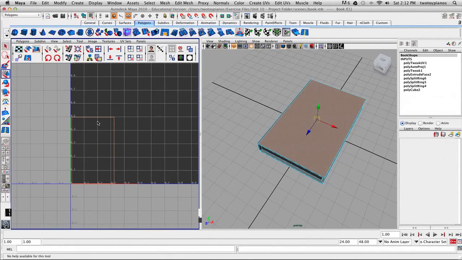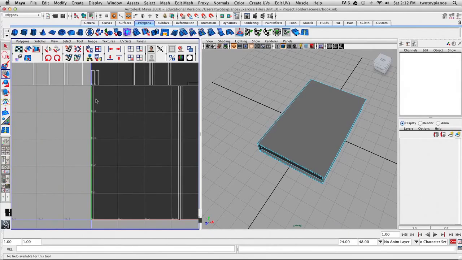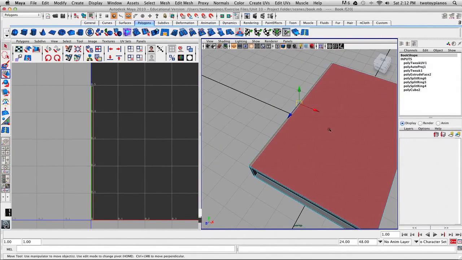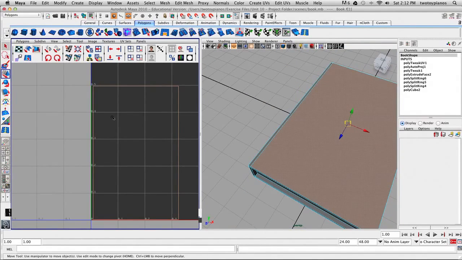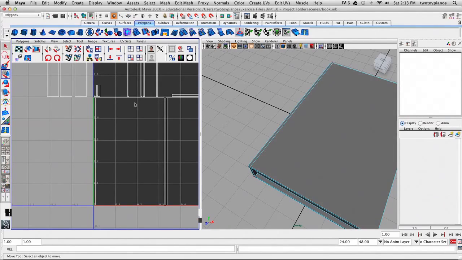So I'm going to, let's see, we've got this cover, and if I select this face, yeah, so we've got 2 pieces connected right now. That's fine. So I'm going to right click, go to UV, and I'm going to select, let's just select